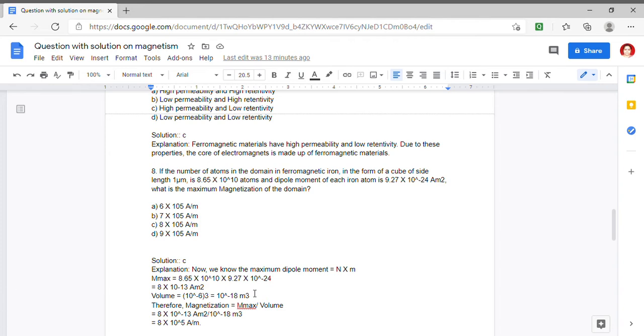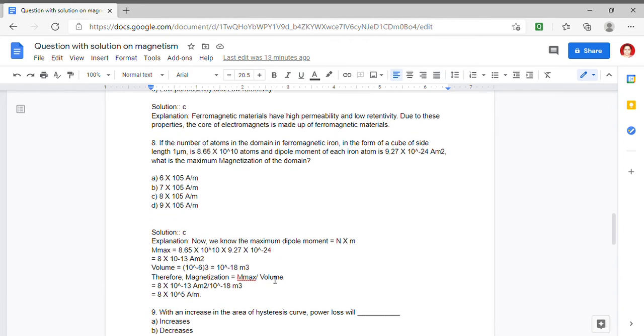Since the maximum dipole moment can be determined by using the number and the magnetic moment. The number is 8.65 into 10 raised to power 10 and the magnetic moment of each iron atom is given to us as 9.27 multiplied by 10 raised to power minus 24. So the maximum dipole moment will be 8.65 into 10 raised to power 10 multiplied by 9.27 into 10 raised to power minus 24, which on calculation simplifies to 8 into 10 raised to power minus 13